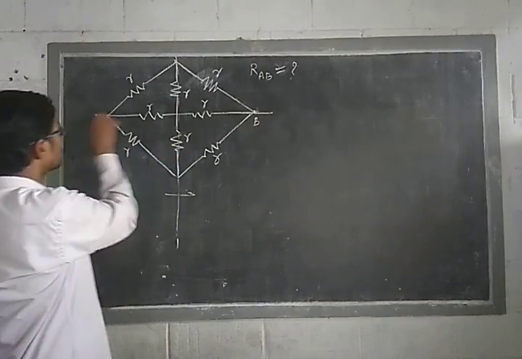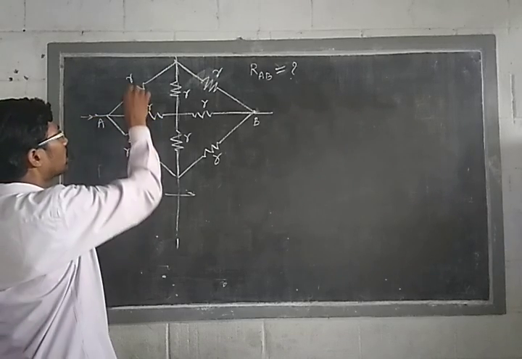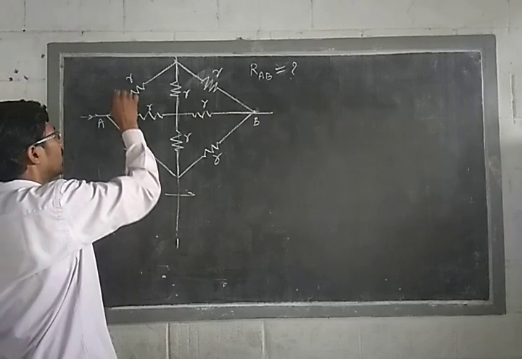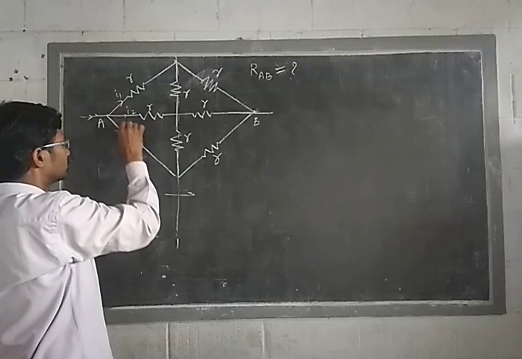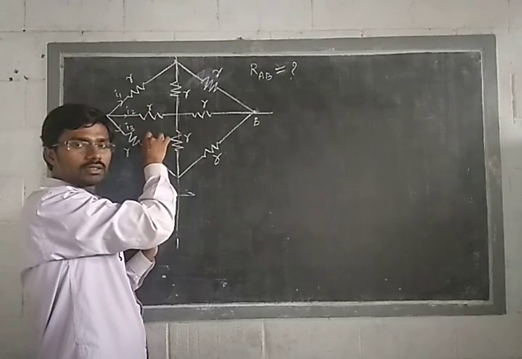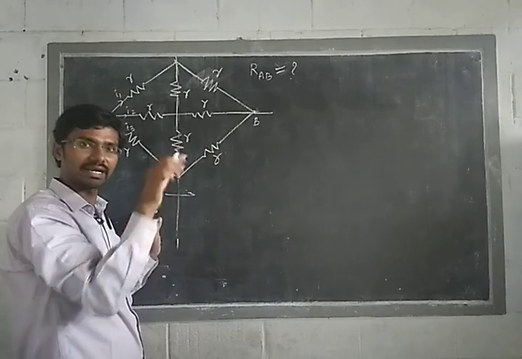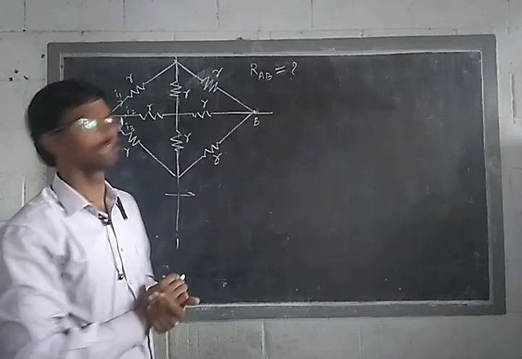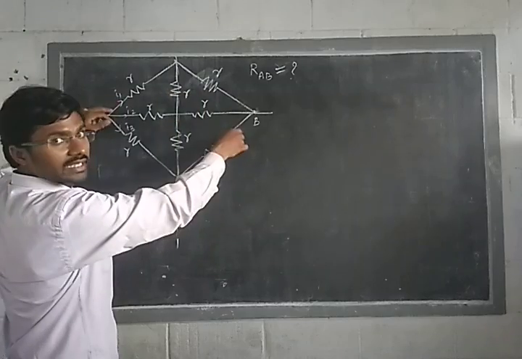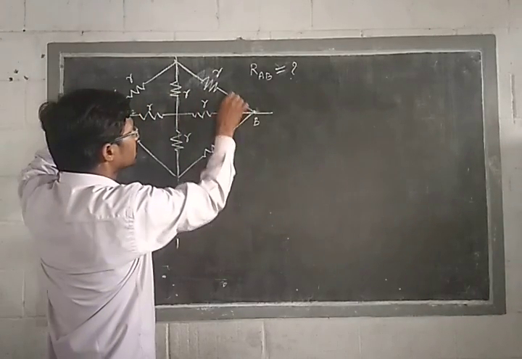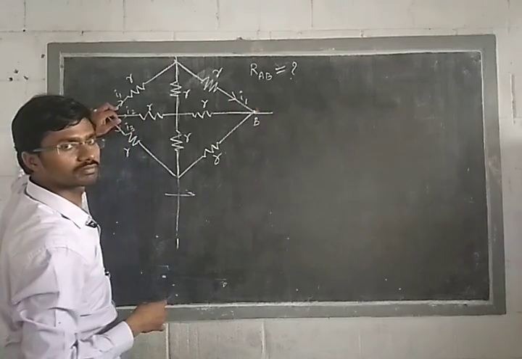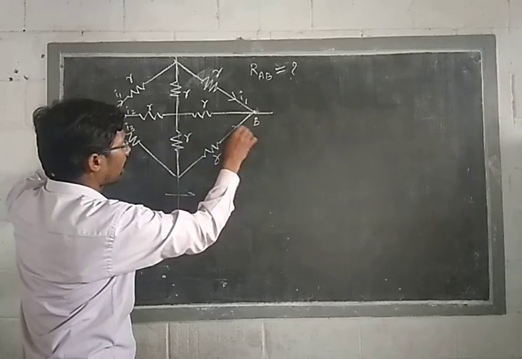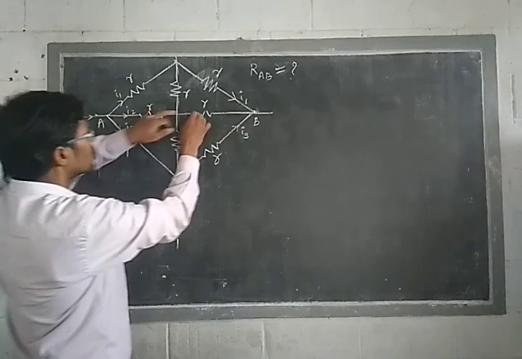See that when the current I enters, we have R, R, R. So three equal resistances means the current will be divided I1, I2 and I3. If they are equal resistors, the current will be divided equally. If they are not identical, different currents will be divided. Now, as it is a mirror circuit, if here I1 is the current, then in this resistor also I1 current. Is it okay? Now here I3 current means here also I3 only.